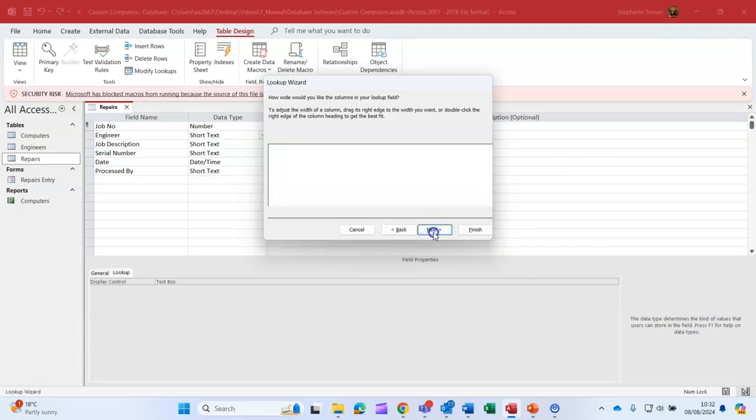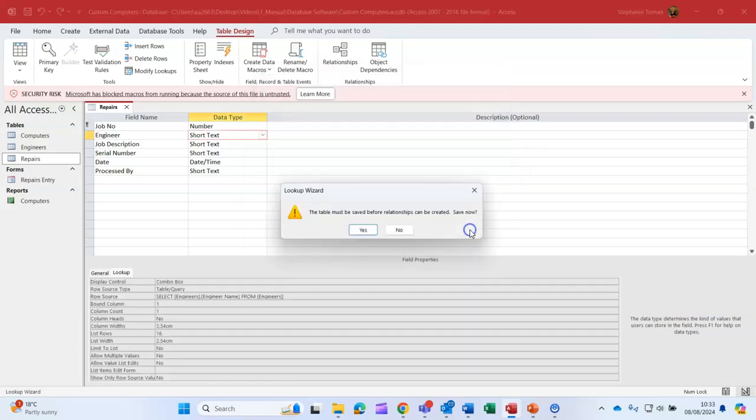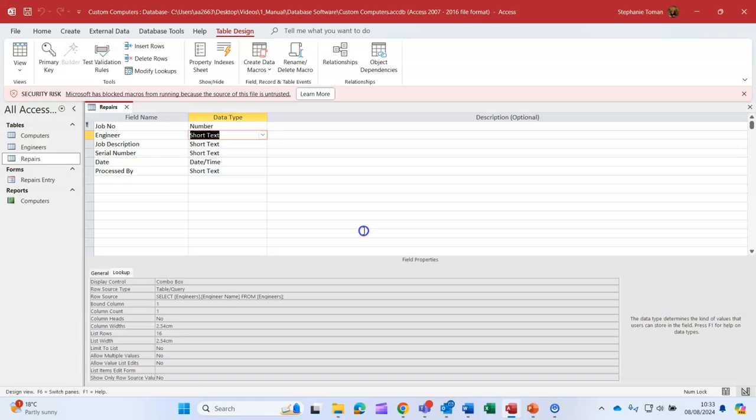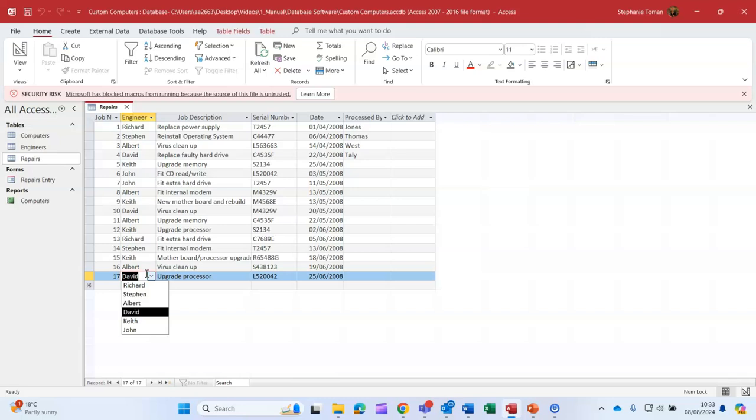Okay, so then we're going to click next, and then we've got engineer, and you could change that name if you wish, but it's engineer, that's what we're going to call it, and finish. The table must be saved, which we've done, and then when we go into the view here, and we click on there, you can see now that these have the specified names within that table